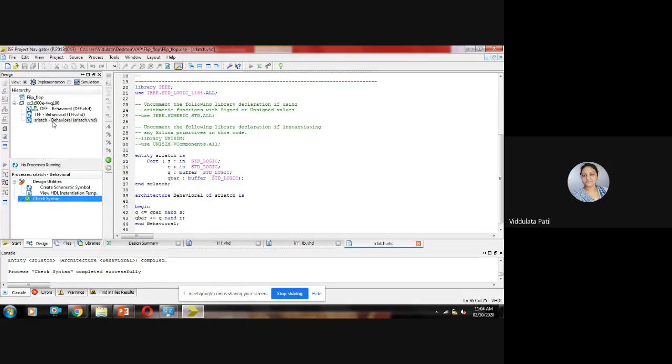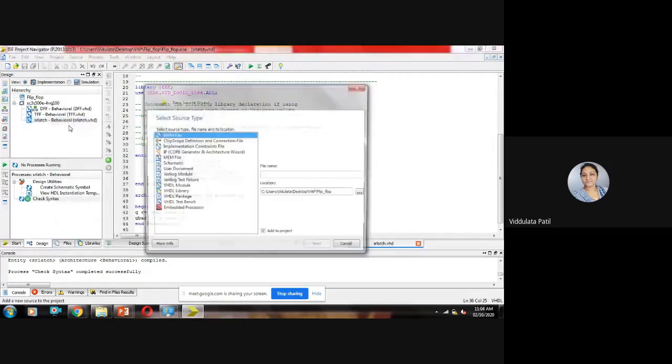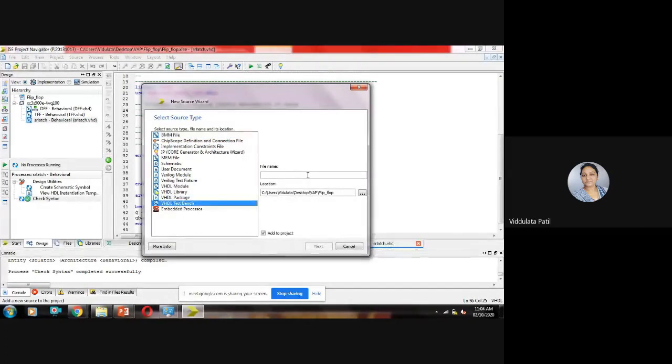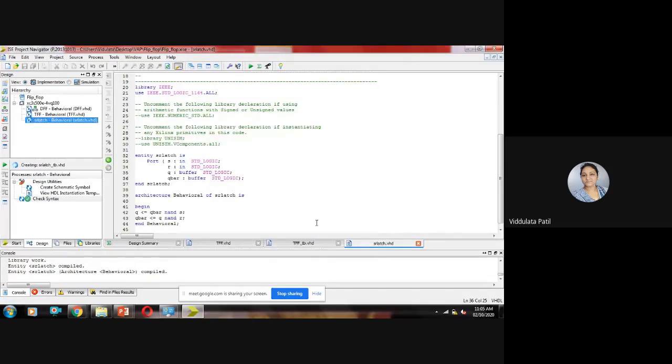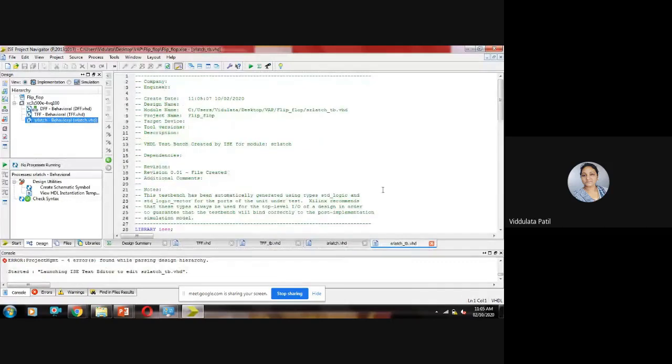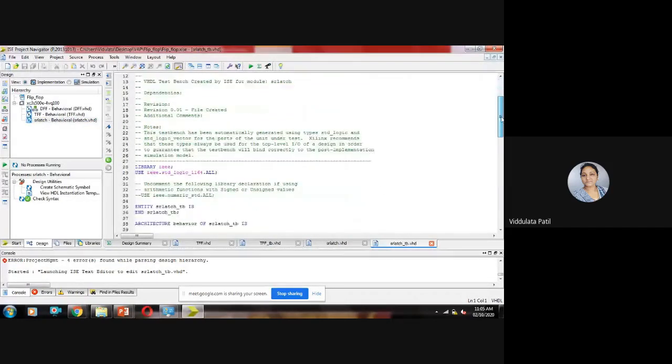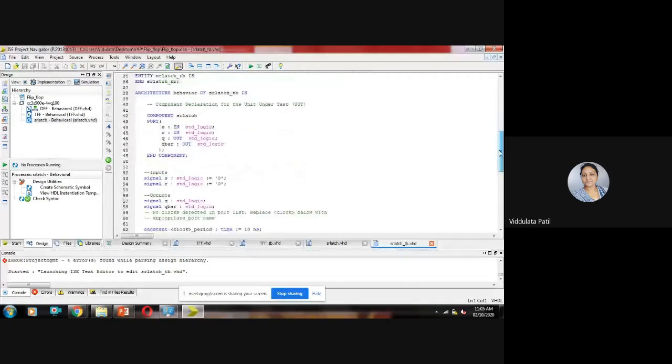So now let us write the test bench code for this. Just check, I am associating this source with the SR latch, so it will create a test bench for that SR latch only.